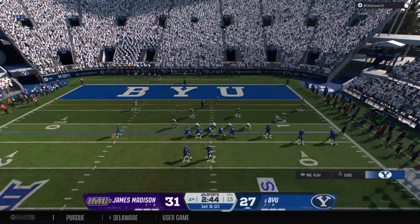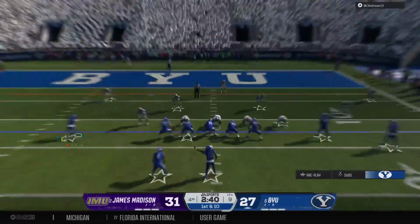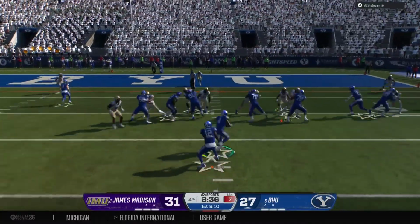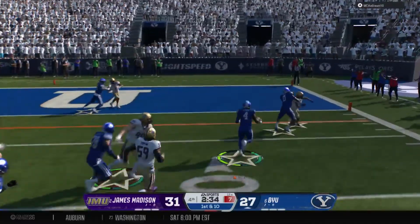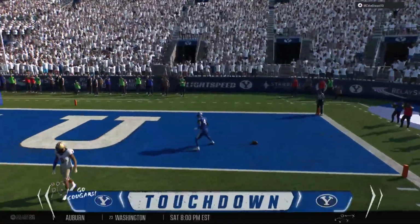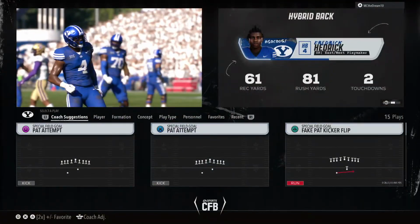Offense moving receivers around now before the snap. And they'll go right back to him on first down. Touchdown, BYU. And they take the lead here in the fourth quarter. Boy, just a great job here by